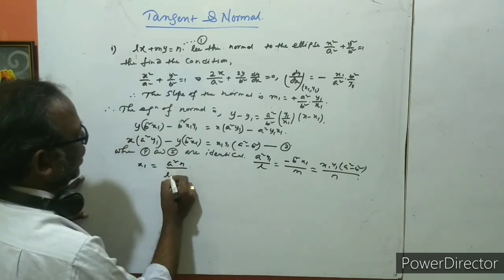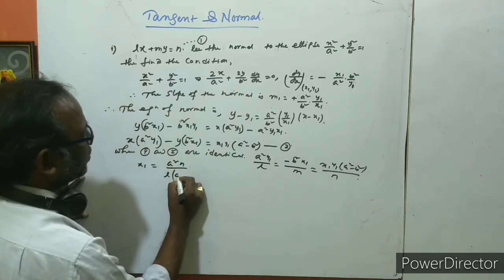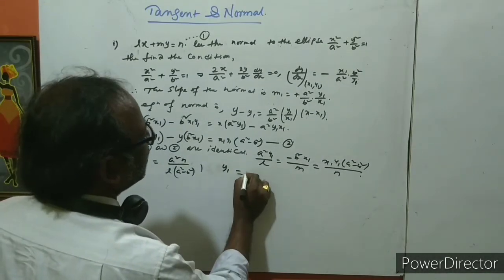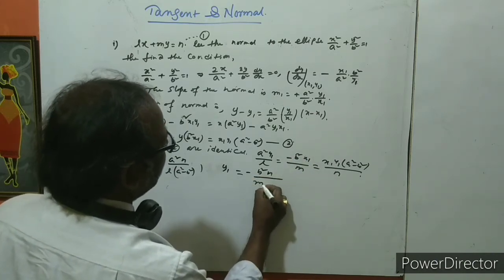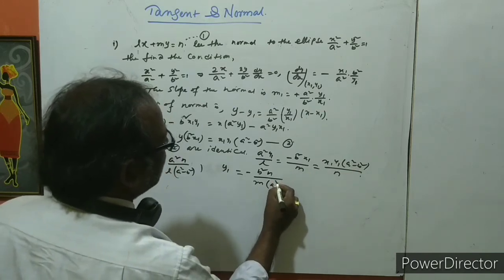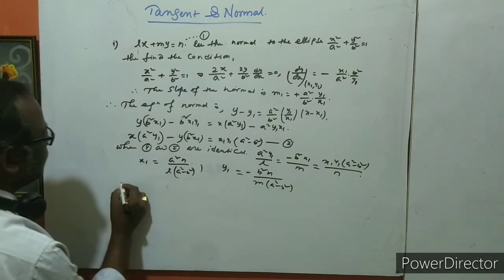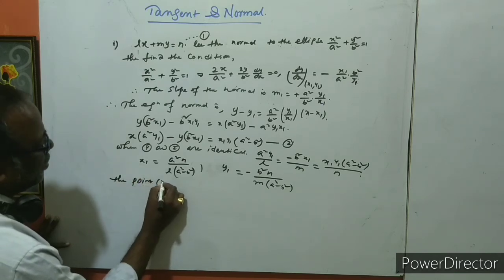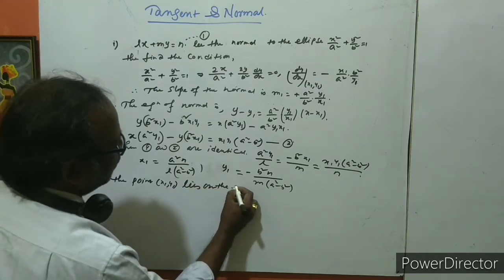then l into, and these are shifted to the denominator part, a square minus b square. So we get y1, and that is minus b square here, multiplied by m, by m, and also this is equal to this. And the point x1 comma y1 lies on the ellipse,